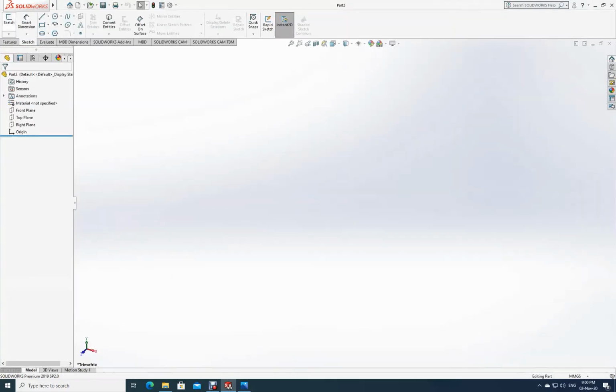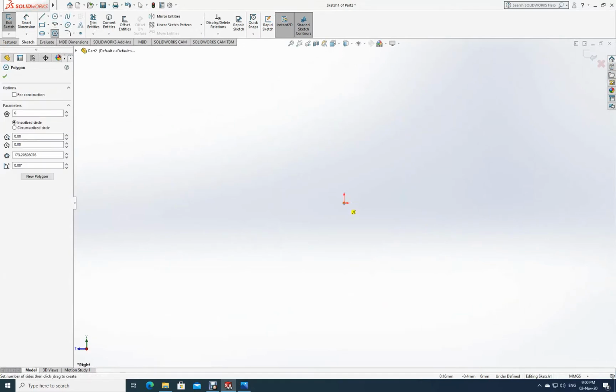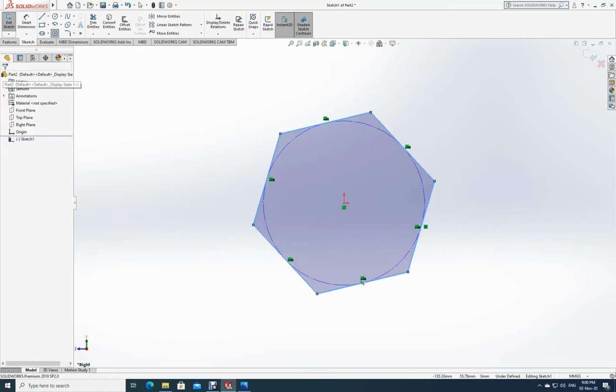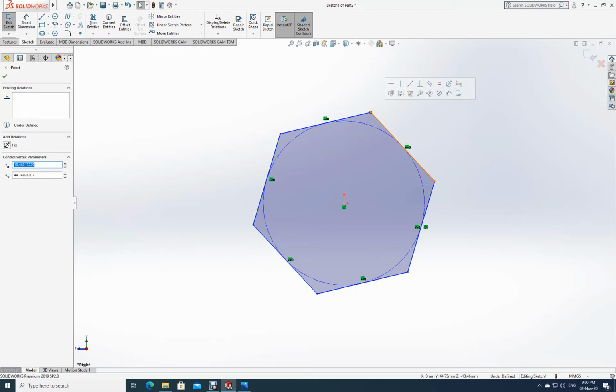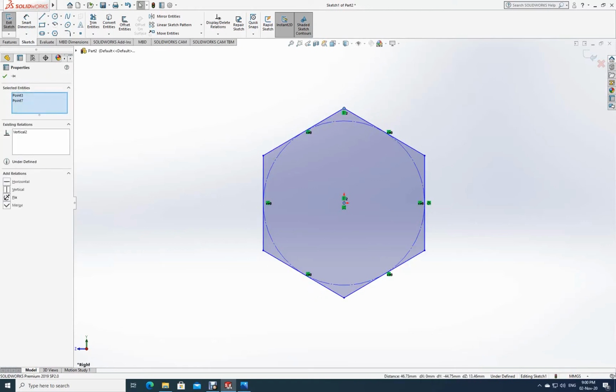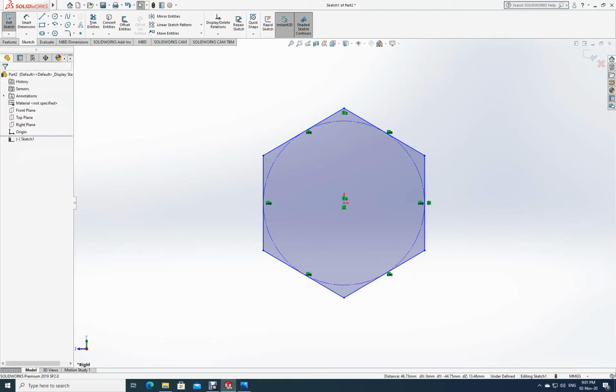Again I will go to sketch, smart sketch. Select the right plane. Now select again hexagon. Now I am drawing the nut. See, somewhere I am doing like this. Done. So after this, what is the next job? The next job is to fix this thing, escape. This one, shift this center, make the relationship vertical. Okay.